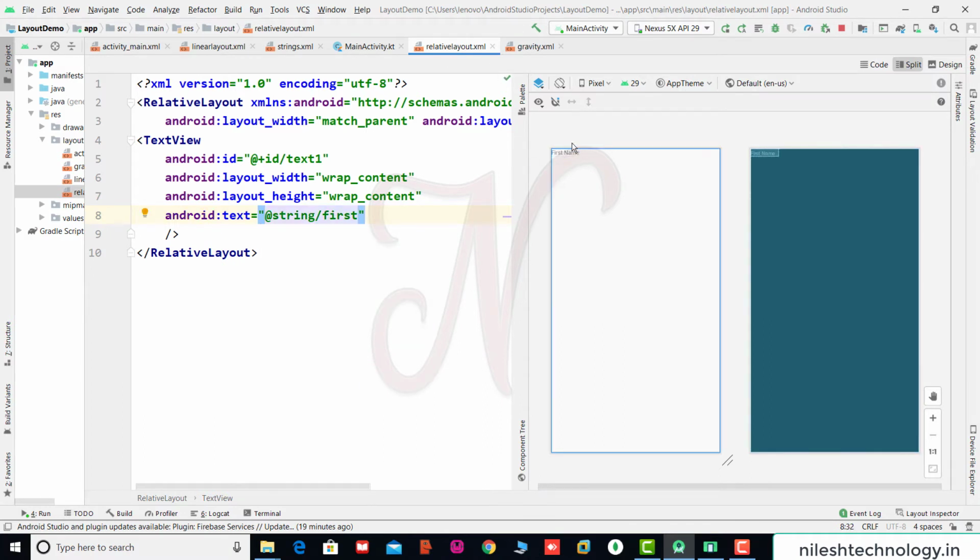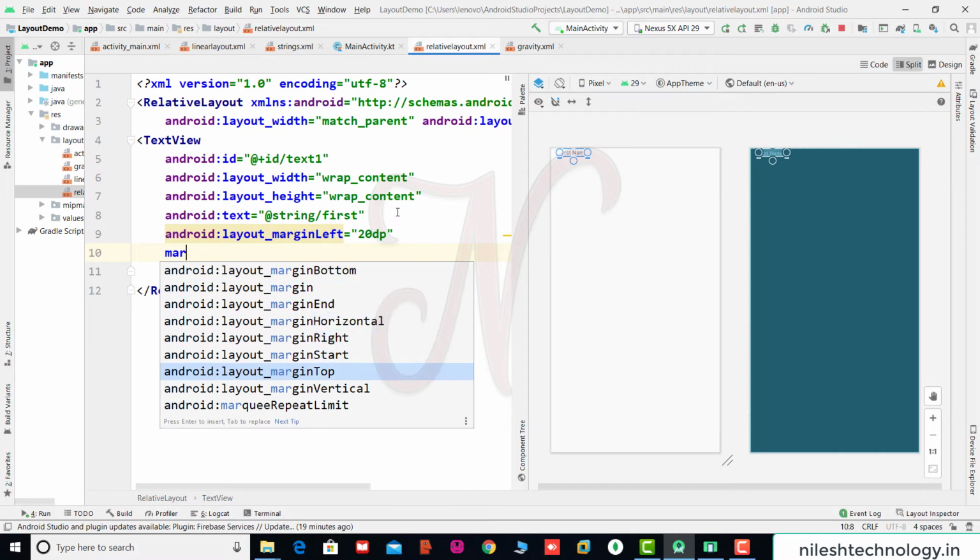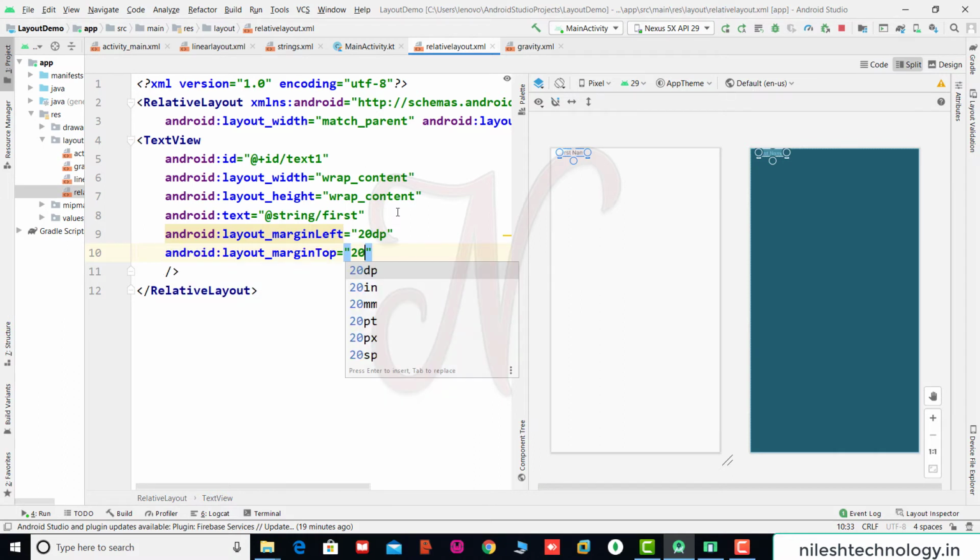See in design mode, first name is at the left corner as a TextView. Now here we give some margins. Margin left, for example, 10 dp or 20 dp. Same, margin top 20 dp. So this is your TextView.